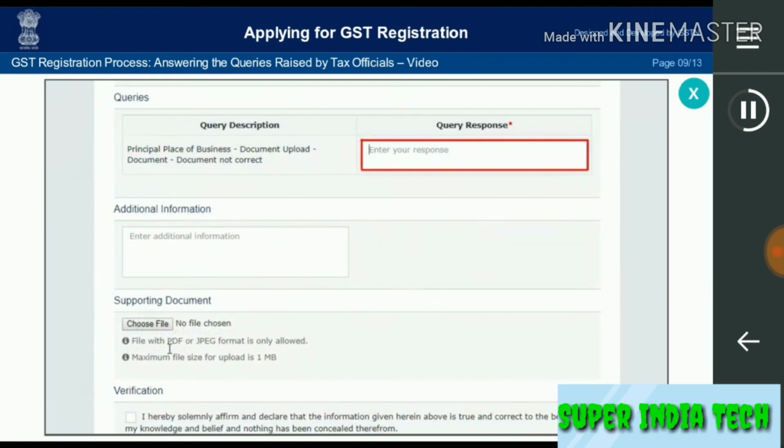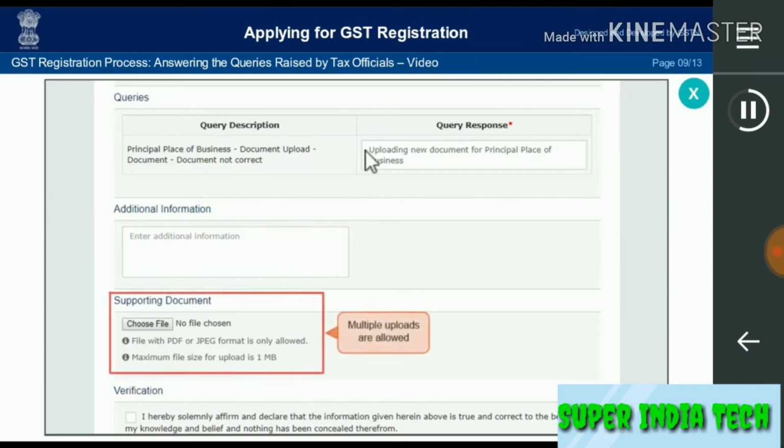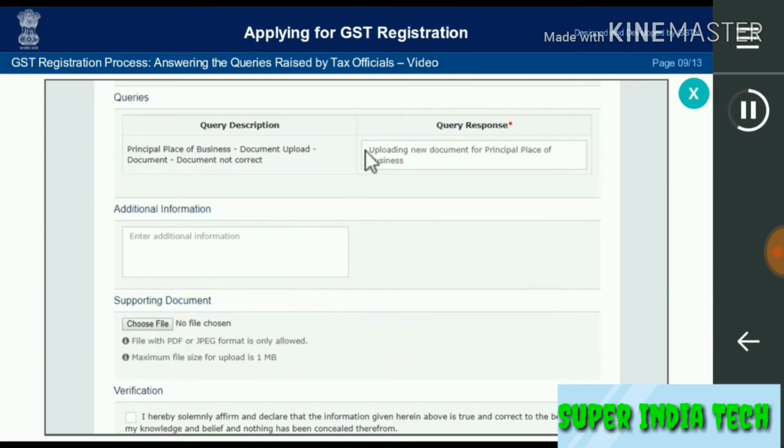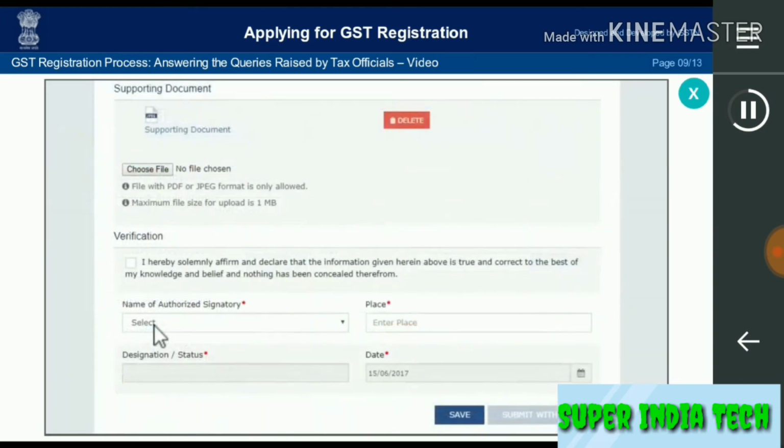Provide your response to the query raised. Provide any additional information that you may want to provide to the tax official. You can attach the document based on the query raised. Make sure the document is in PDF or JPEG format and of size up to 1 MB. Once done, verify the clarification. Select the name of the authorized signatory